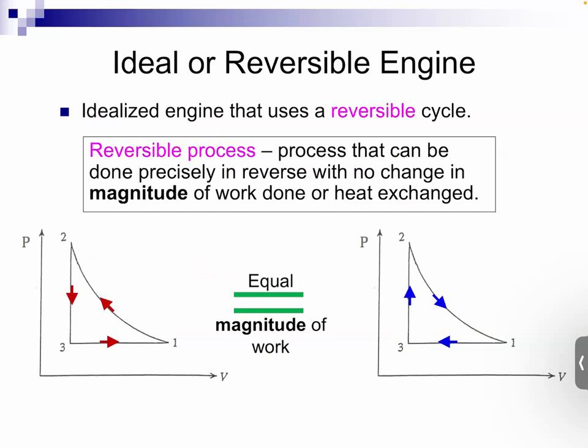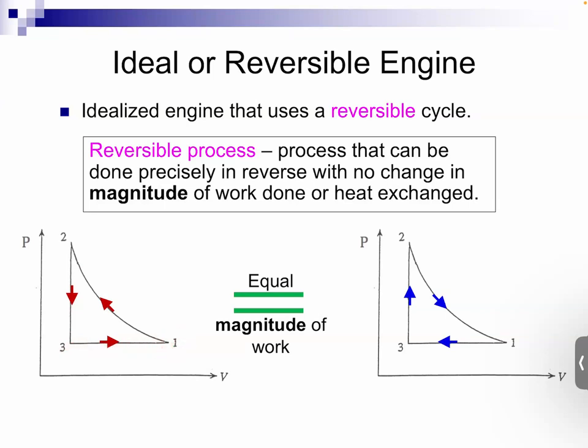So for example, this is an illustration of a reversible cycle. Say you have an ideal gas that starts at state 1. Okay, it's compressed isothermally to state 2, and then its pressure is decreased isovolumetrically, and then it is expanded isobarically back